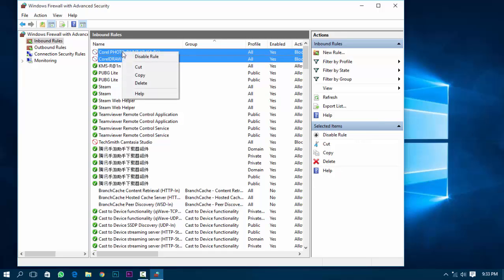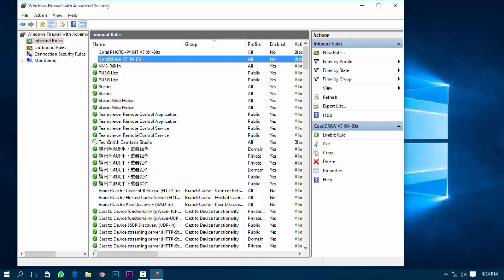Select CorelDRAW X7 and then click on new rule,